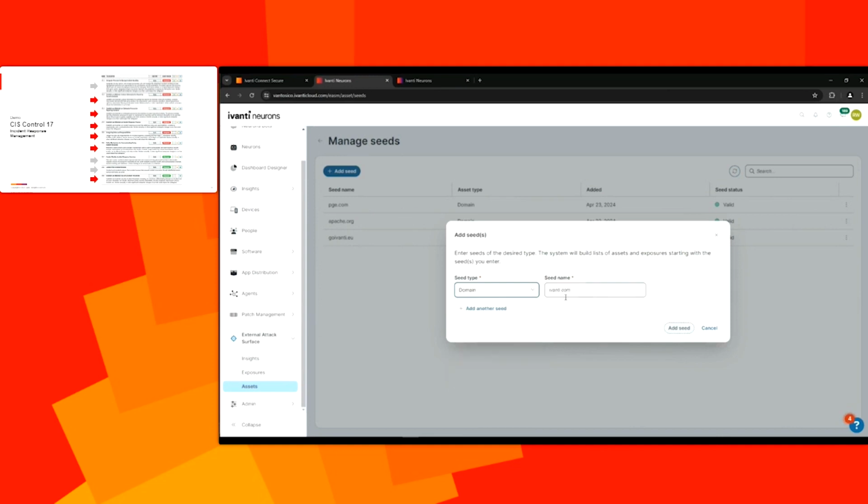We're just going to go ahead and select domain today. And then since I work for Avanti, I'd enter avanti.com. Or, if you're conducting a risk assessment on a subsidiary or an acquisition target or some other third party, maybe a potential partner or vendor, you could enter their domain instead and do some third-party risk management. And from there, you just click Add Seed, and EASM will go out and start uncovering all external-facing assets associated